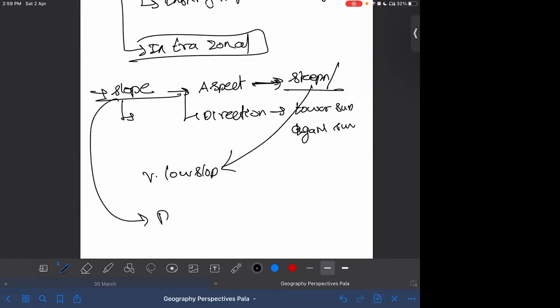Whereas if you look at a region with very low slope, that comes in the aspect of drainage. In the case of very low slope and high slope, drainage is decided. So when the slope is high, the soil will be eroded quickly and soil will not develop. If it is a very low slope, then there is waterlogging. Take a swampy land, the soil there will be different, waterlogged soil. So this is again a feature of intrazonal soil, where the climatic influence is overshadowed by other factors.